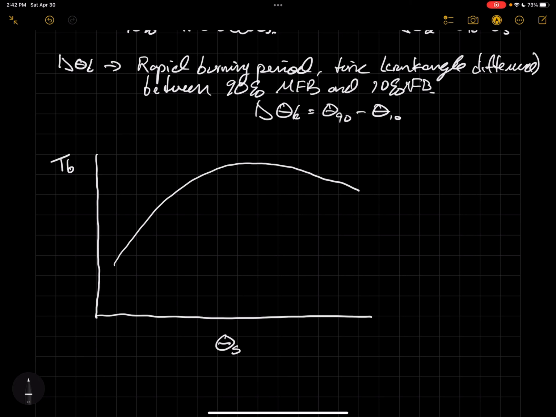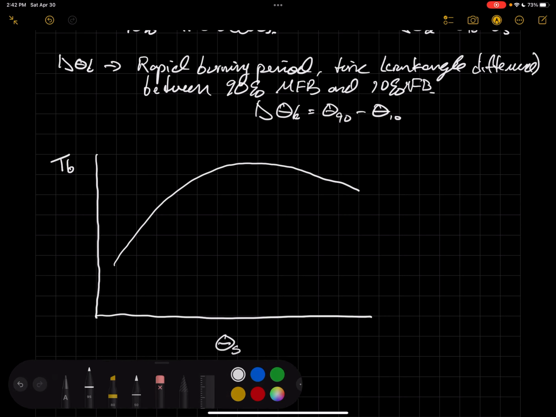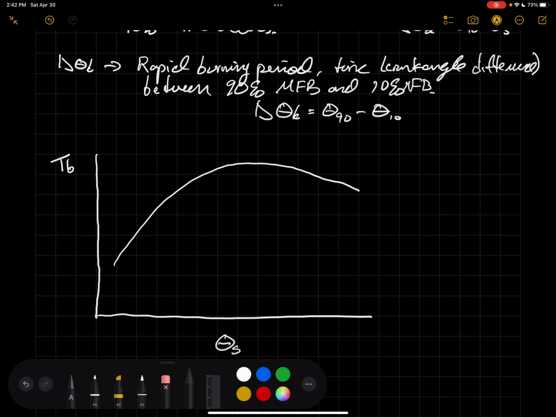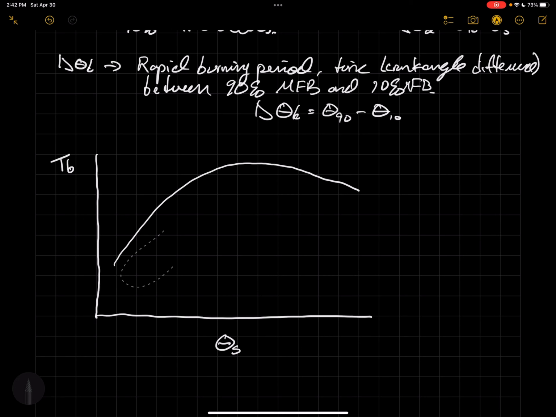Okay, and so if we have a certain spark timing that is very early, in other words, if our spark timing is over in this regime here, over in this portion here, we have low torque. Our torque rises until we eventually get to a peak point, and then the torque begins to decrease as we continue to push the spark timing deeper, or later and later, into the